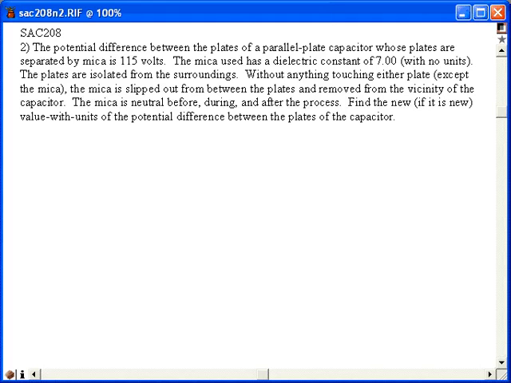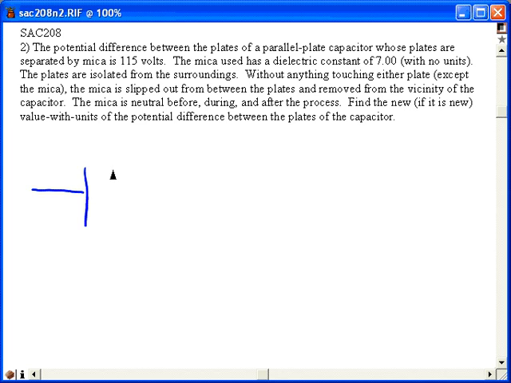In SAC 208 number 2, we've got a capacitor that's got a mica dielectric. Somebody connects a power supply across the terminals of the capacitor, sets the voltage to 115 volts, and then disconnects the power supply. So we get some charge on the capacitor and a voltage across it of 115 volts. Then, without connecting it to anything else, they slide the dielectric, the mica, out, and we get a new voltage,